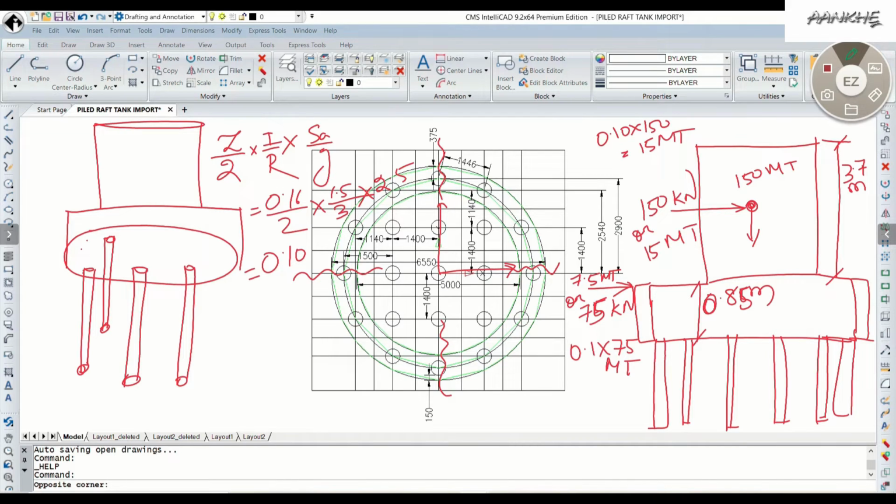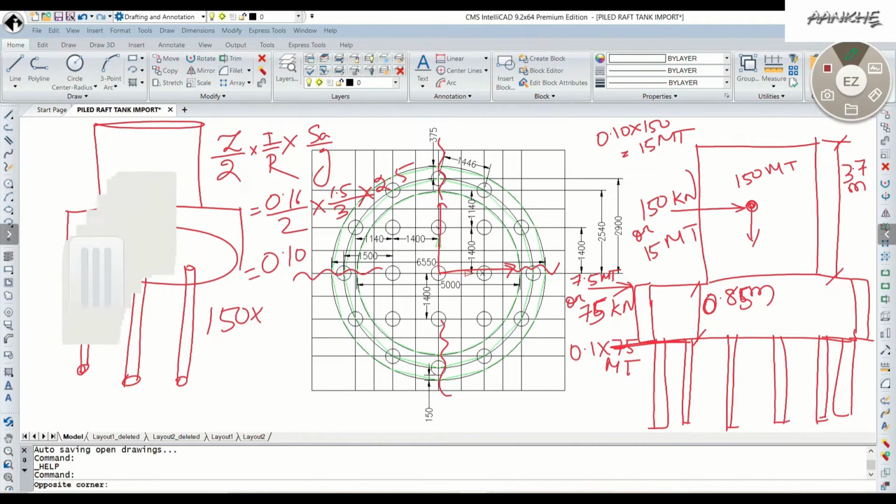So here what happens, our total bending moment about your pile base will be how much? It will be 150 into